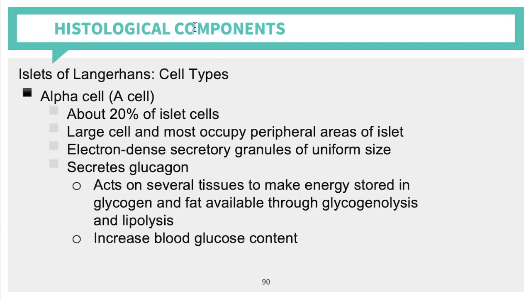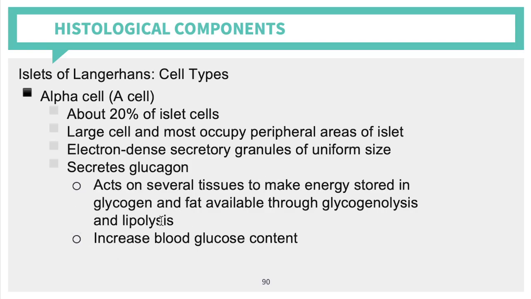So first, we have your alpha cell, your A cell. This is 20% of your islet cells. This is a large cell and most occupy the peripheral areas of your islets. Okay? Electron-dense secretory granules of a uniform size. And take note, your alpha cell will secrete glucagon. What's the function of your glucagon? Your glucagon will cause now